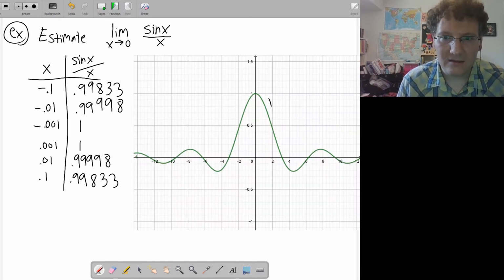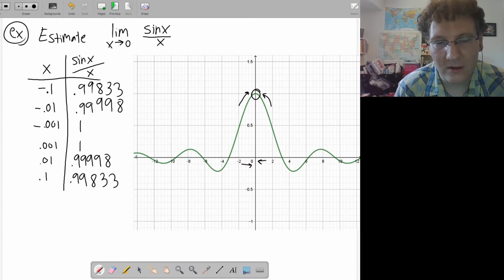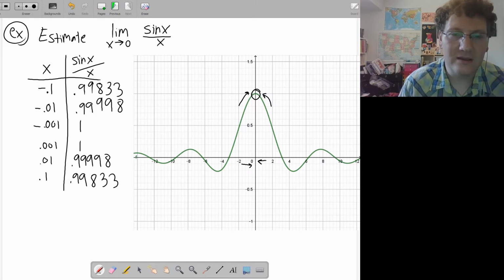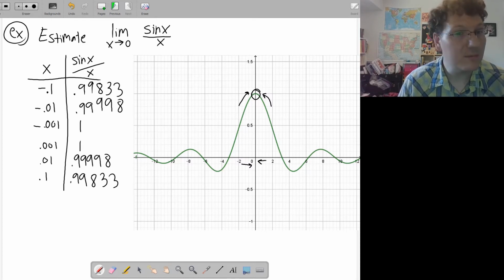You can see as the x values get close to 0 from either side, the function is approaching, looks like, the value 1. Even though, as we've said before, in the other examples, the function is not actually defined when x equals 0. But the limit is defined, because the limit is the value that the function gets close to when x gets close to 0. Doesn't mean the function ever reaches the value 1,